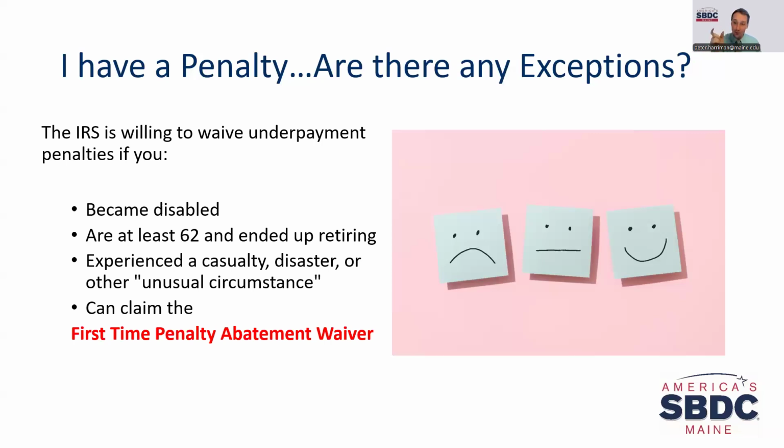They will waive the penalty. They will not waive the interest that you earned on the penalty, but they will waive the penalty, right? If it's the first time. So if you've been paying estimated taxes for 20 years and you screw up, this isn't going to work, right? So this is the first time you're experiencing something, and this works for estimated taxes. This works for other things that you're experiencing for the first time. That's why it was set up. It's that one oopsie, I didn't realize that was what I was supposed to do, or I did it wrong. This is something that you can use to try to help you, right?